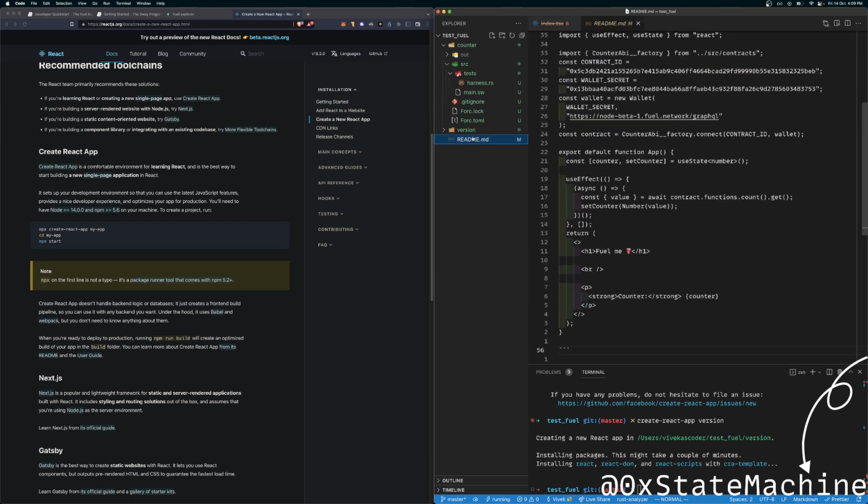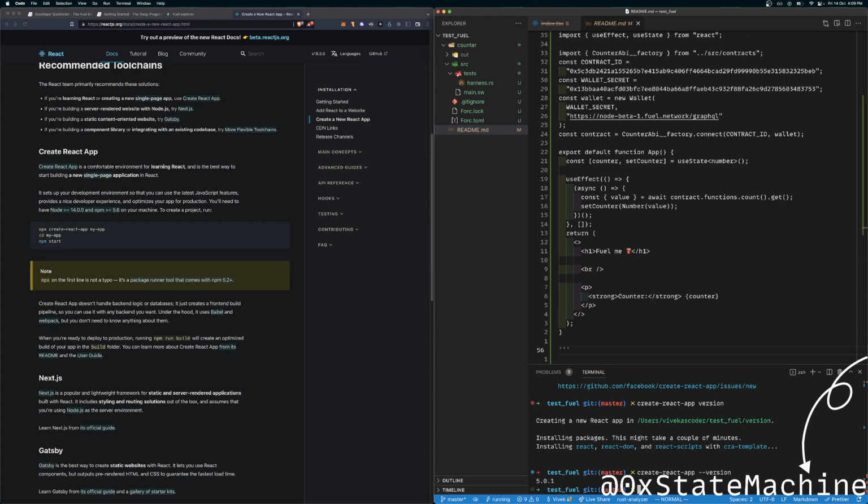Oh no, it started installing. It's 5.0.1. This should do the job. TypeScript.